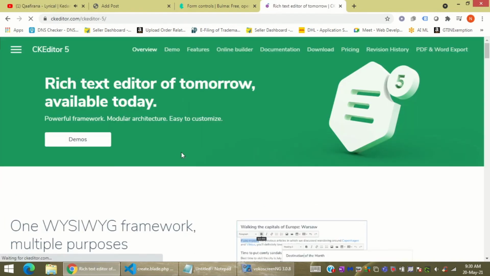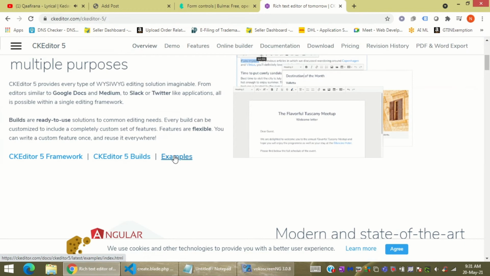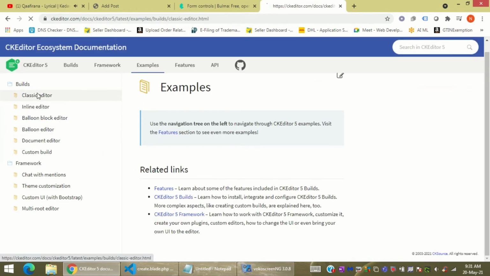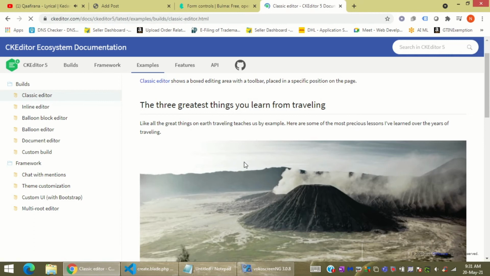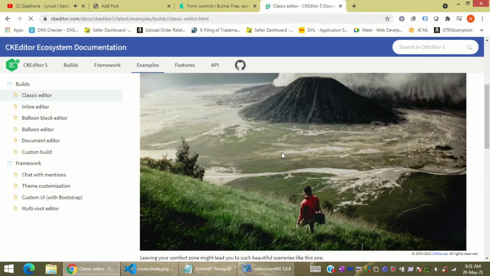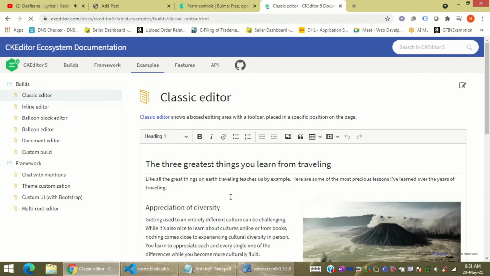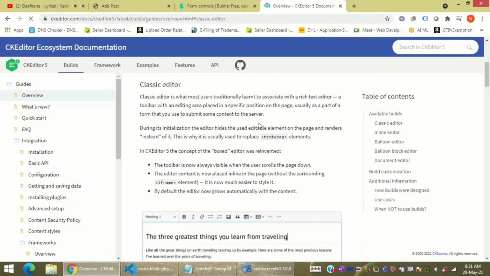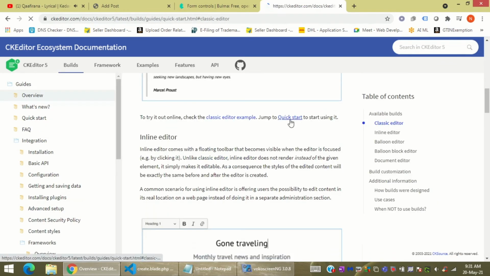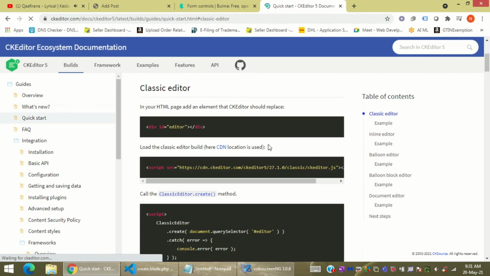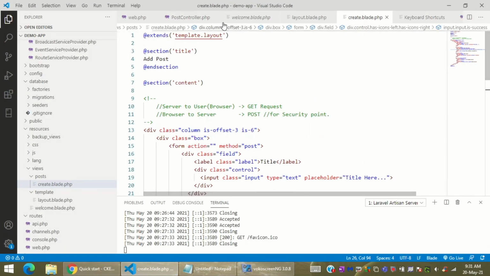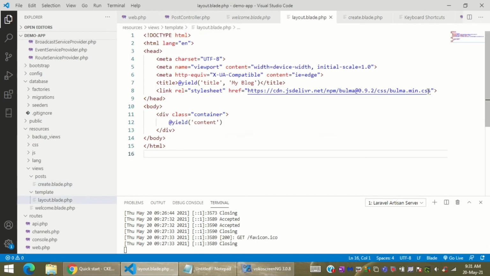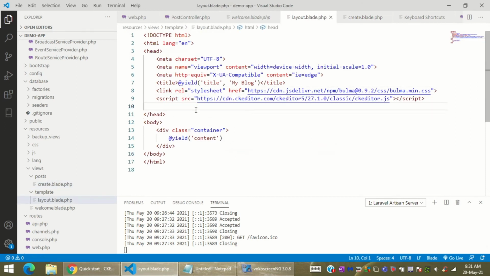And now we are going to go for CK editor. I'm going to use CK editor as my body text. Fine. Classic editor, and inside classic editor you can see this type of classic editor will be there to overcome our problems. So I'm just going to use this CK editor quick start, and over there are some instructions to be followed. We need an ID to be provided wherever this CK editor is going to be present, but before that I'm just going to use our template, that is this is our template,